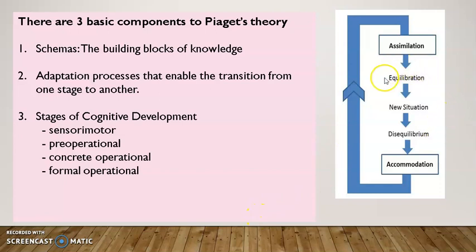We usually start out in the state of equilibrium, which is the neutral state. A new situation develops, which causes disequilibrium. We have to accommodate this information, and then assimilation, or the inclusion of this new information into our system, happens, and then we go back to the state of equilibrium. So how can I explain this? How do I understand this? We are in an equilibration state, a state of equilibrium.